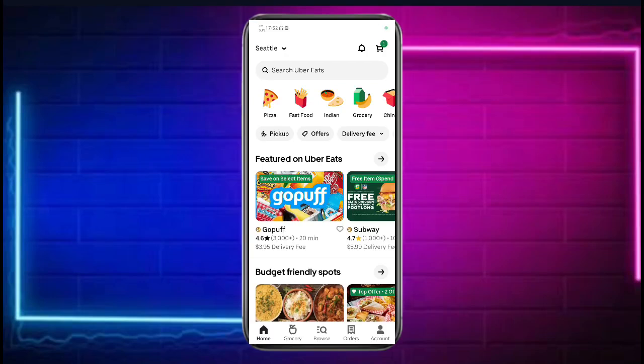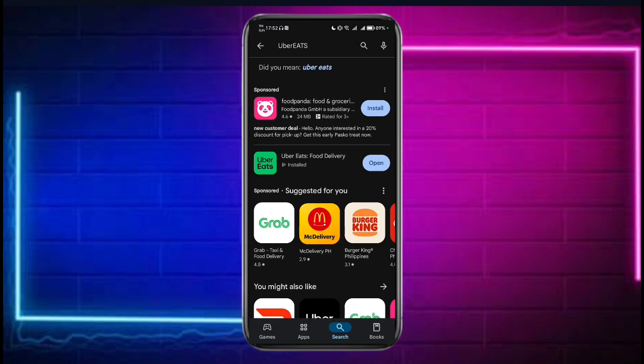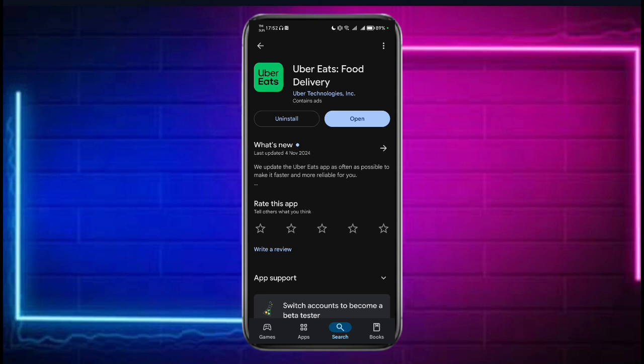In this video, I'll show you how to use Uber Eats driver app in UK. So if you want to use the application in United Kingdom, what you can do is you can first head over to your Play Store, App Store in order to install it. Now just search for Uber Eats and then once you're done, just head over and then install it and then